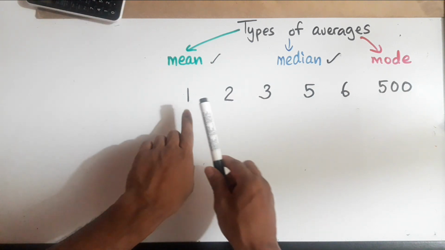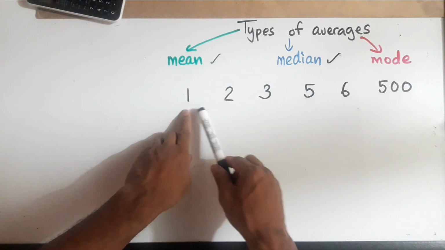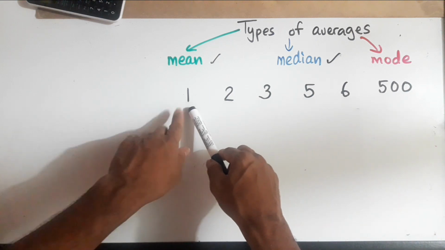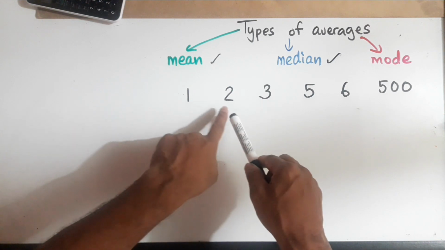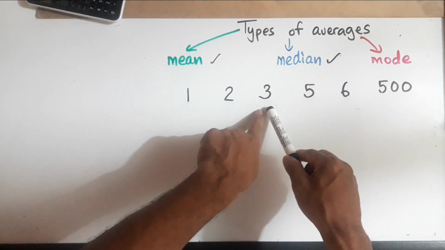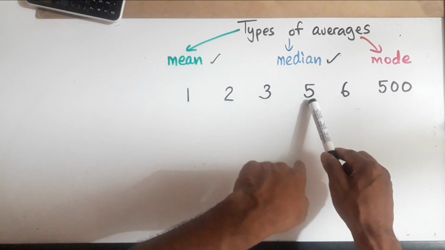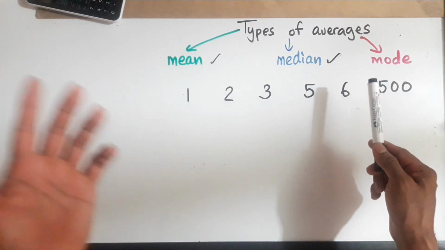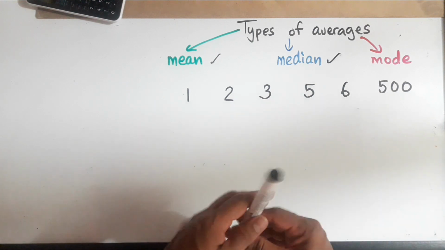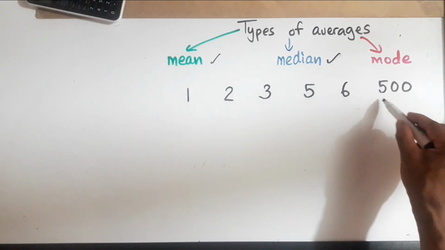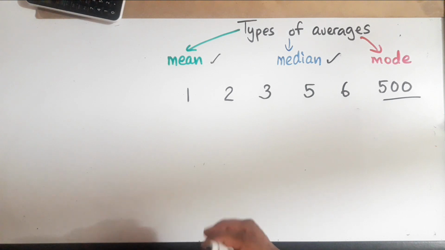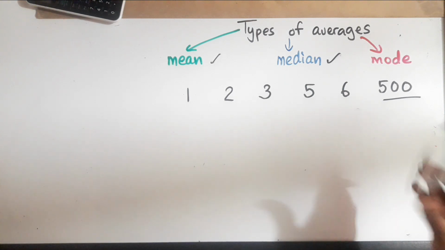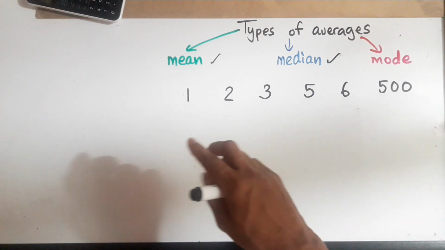So let's say he went to the village and asked these people how much they eat. One person said they eat one taco. Another person said they eat 2. Another said they're willing to eat 3. The next one said 5. And the next one said, I don't mind eating 6, right? And then there's this one person who said, boy, I feel I can eat 500 tacos on a daily basis. So the person you hired